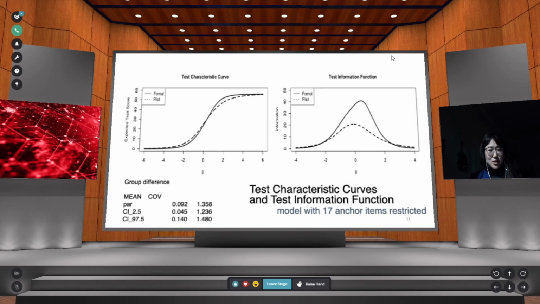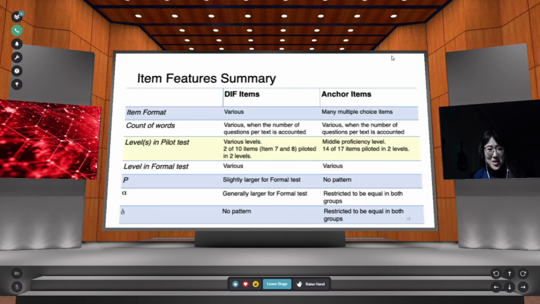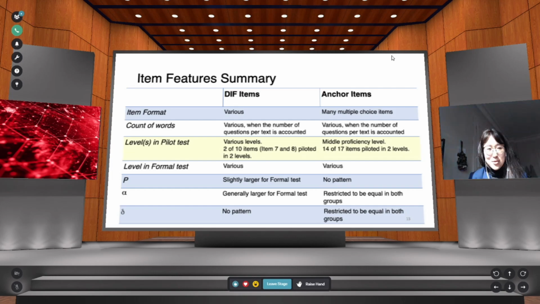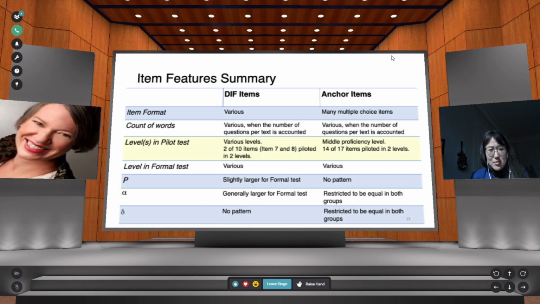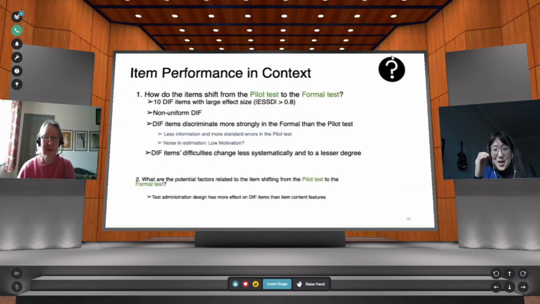So I'll just quickly go through the descriptive analysis due to the time. DIF items and anchor items are compared due to their item characteristics, but we couldn't find a descriptive systematic difference between those items, except for the levels in the pilot test. Fewer of the DIF items were piloted in 2 levels, but more of the anchor items were piloted in 2 levels. So my time is up, but